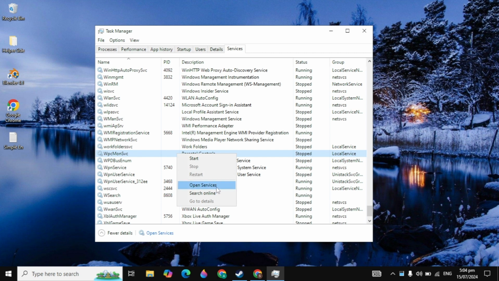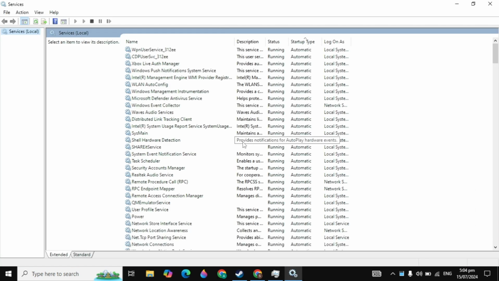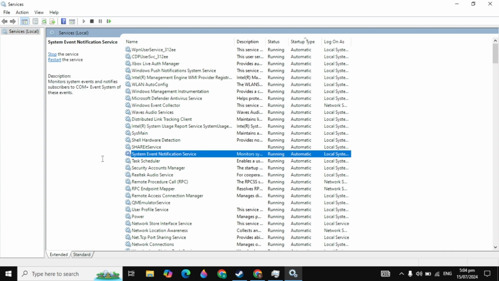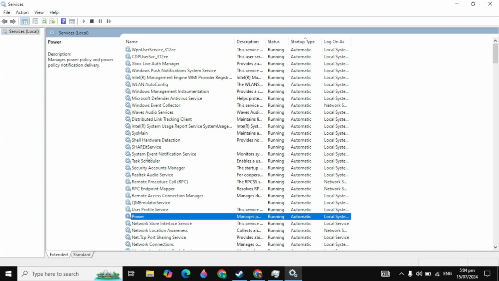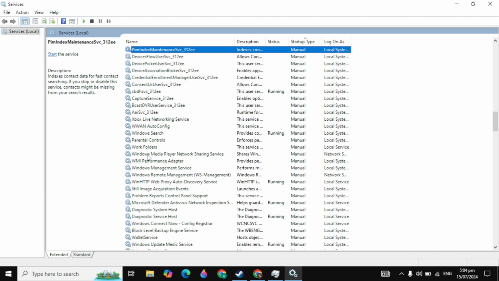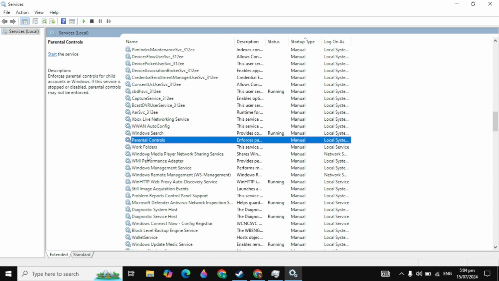So you can just right click on that, click on open services. So now your services will be open. Now here you have to just look for the parental control service. Just scroll down and look for this, and when you find it, you can just right click